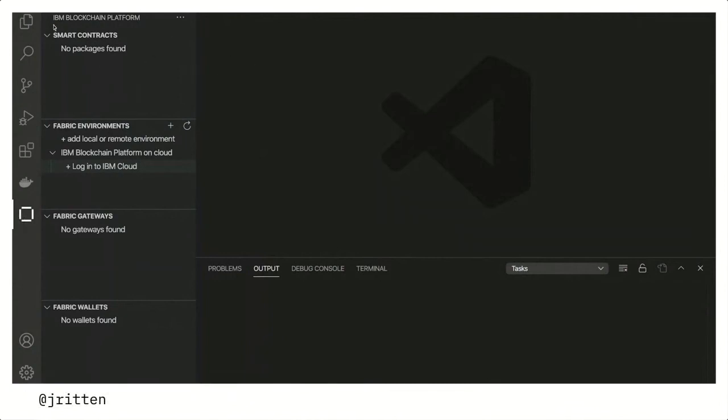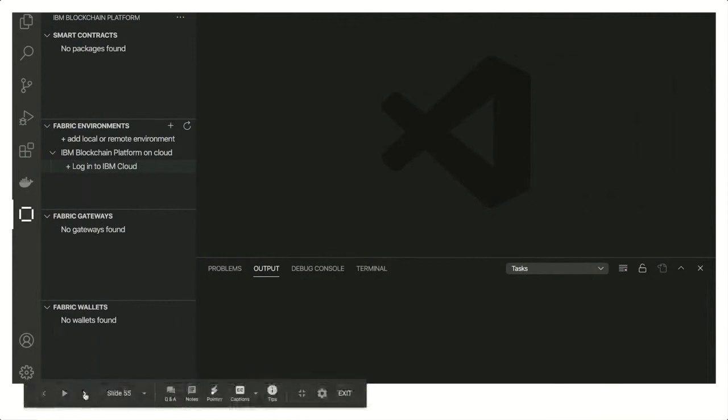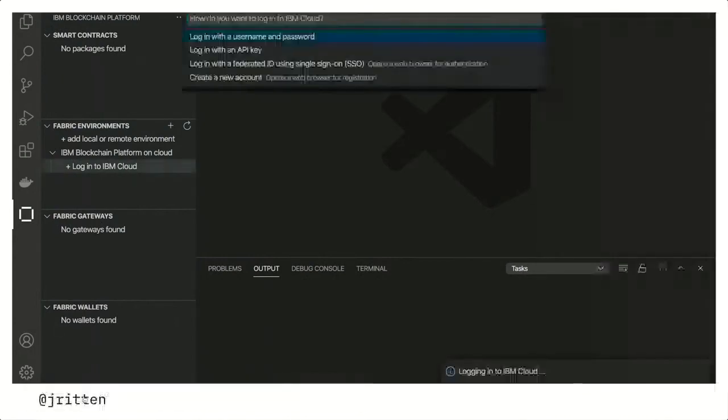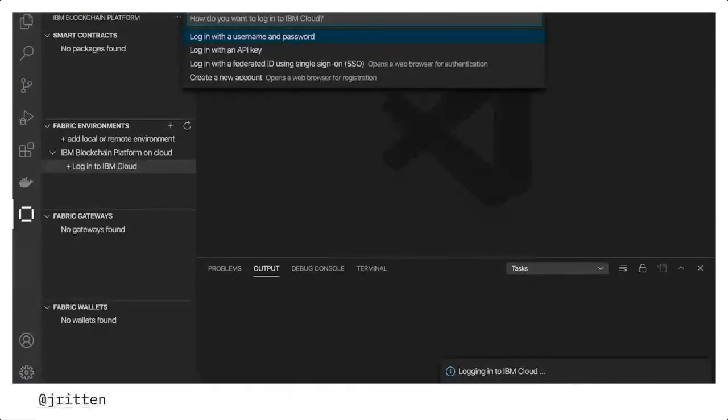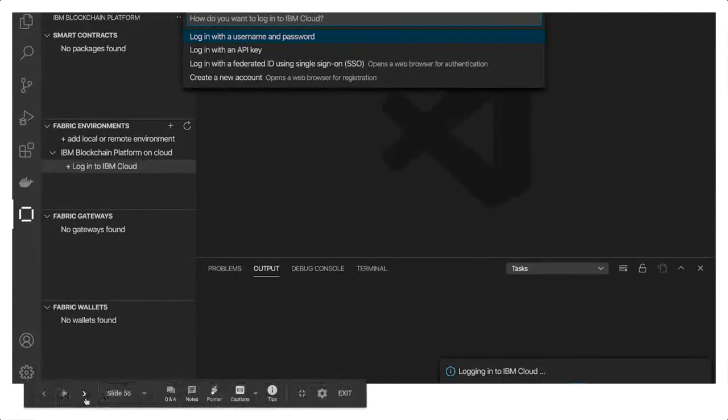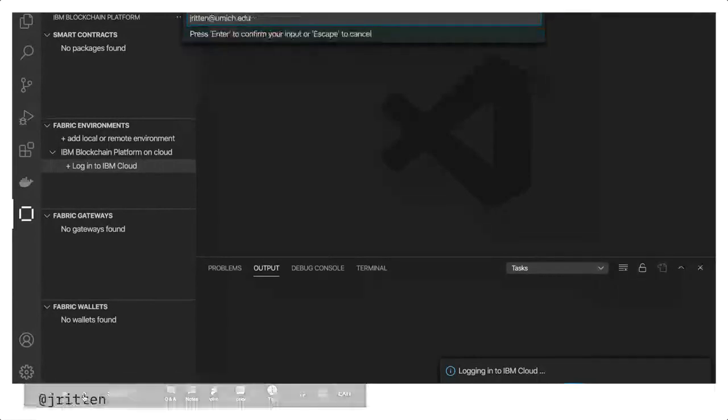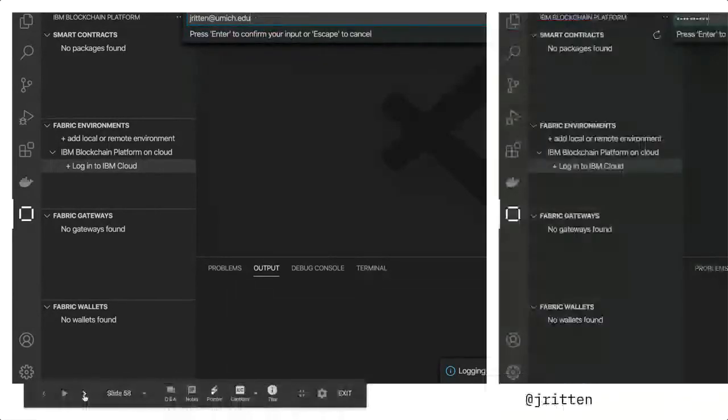So you'll see basic scaffold here, smart contracts, fabric environments, IBM Blockchain Platform on cloud being one of them, fabric gateways, and fabric wallets. So the next thing we're going to do is log into our IBM Cloud account. If you click on log in to IBM Cloud, you can log in with your username and password through the extension. So you'll log in with your email and your password,